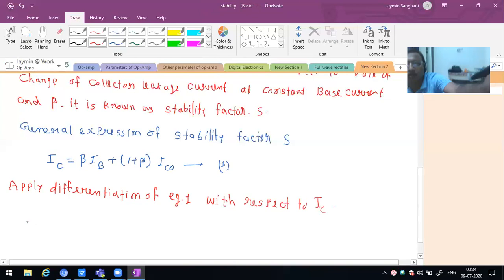So here we can get dIC by dIC, which is equal to beta times dIB by dIC